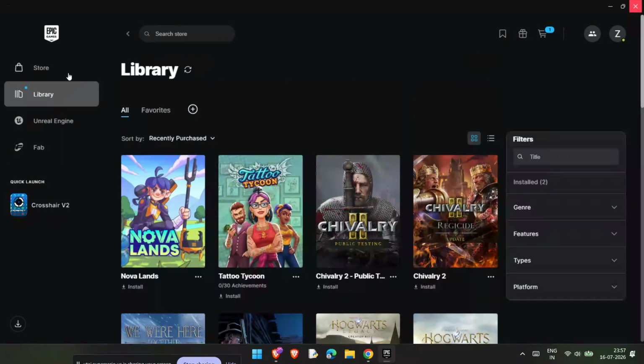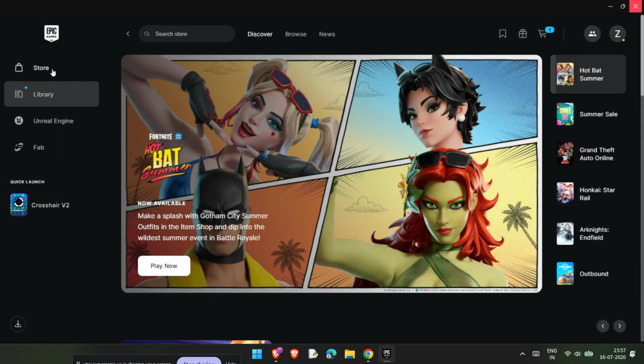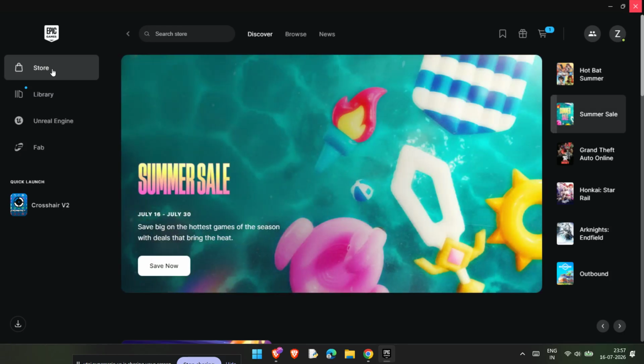If Epic Games is showing the MF01 error code, don't worry. This usually happens when the updater tries to replace a file that Windows still thinks is running in the background. The good news is that you can fix this with a few simple steps, and I'll walk you through them